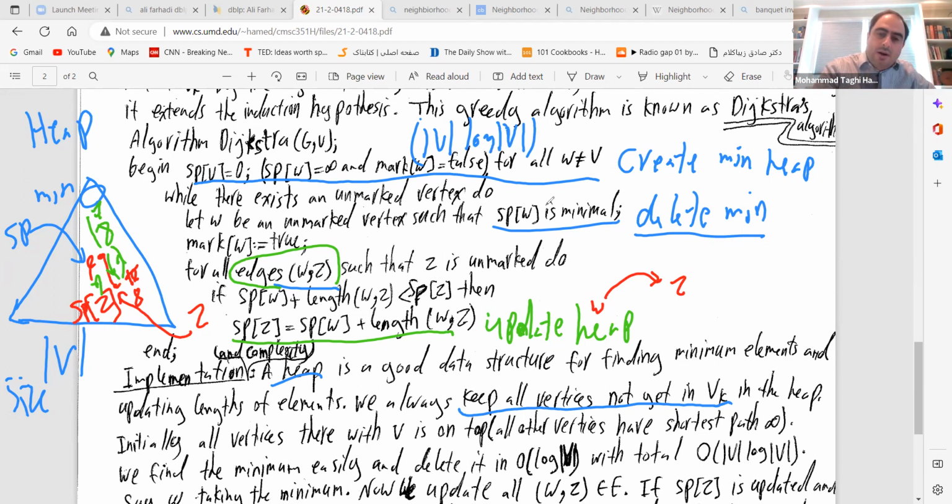Summarizing, we are running this line V times, and each time we are doing the delete min, so it would be V times log V. And here for each edge we are updating, and updating the heap takes log V. So here it would be size of E times log V. So the total thing would be